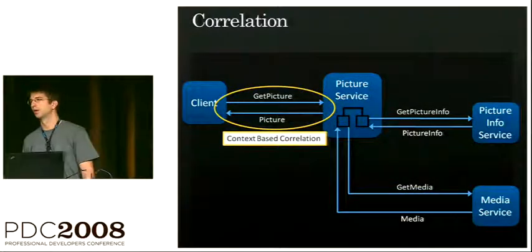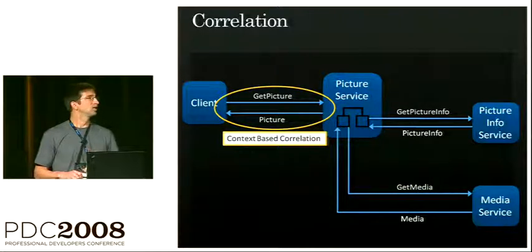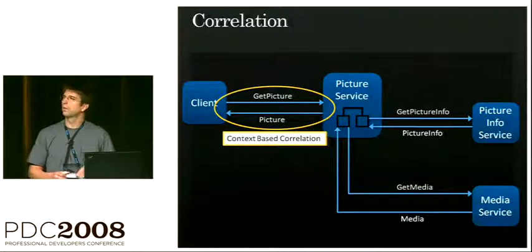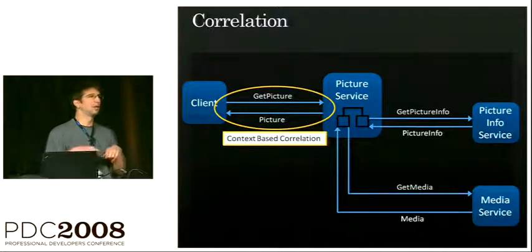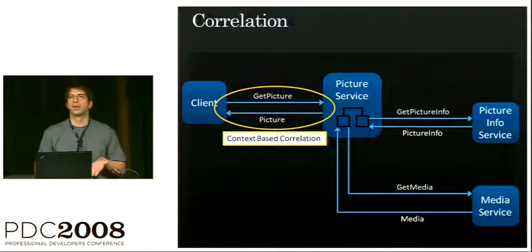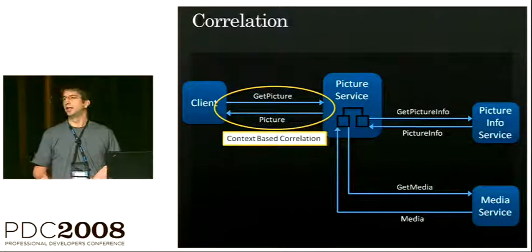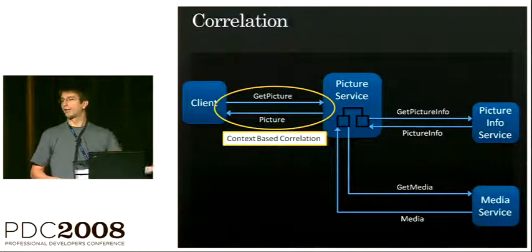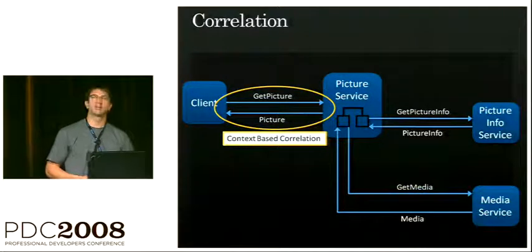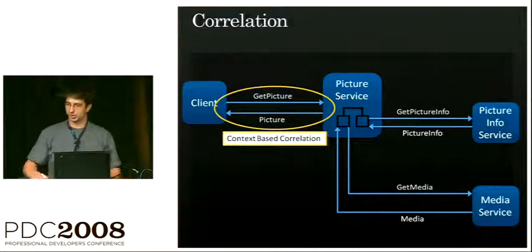And finally, given that this is all happening using asynchronous messaging, working over queues, it's handy if we're able to shut that client down when there's some message outstanding. And so we've got a workflow service in the client, and we're sending our picture request to the picture service and getting our picture back using context-based correlation on the client, allowing us to take the client down and bring it back up.